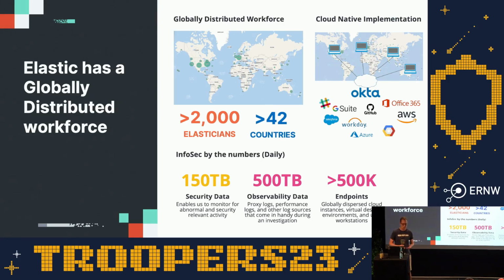We're in 42 countries, 2,000 people. We use cloud-native applications, all of these third-party systems. It's a very complex thing, but I prefer it because there are certain big advantages to it, like we don't have Active Directory, we don't have any Exchange servers, that's great. We collect a lot of data. Some of that's because we are also a cloud SaaS provider. So that's a big chunk of our data. Don't get intimidated by these big numbers thinking that would be everybody. A lot of that's from our cloud data.